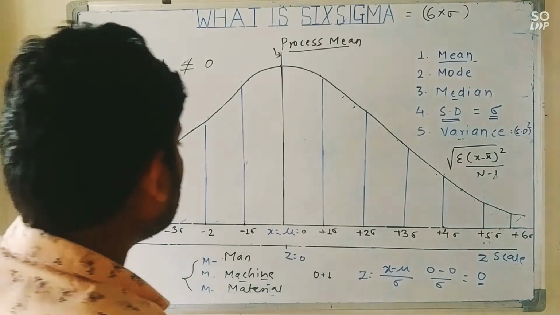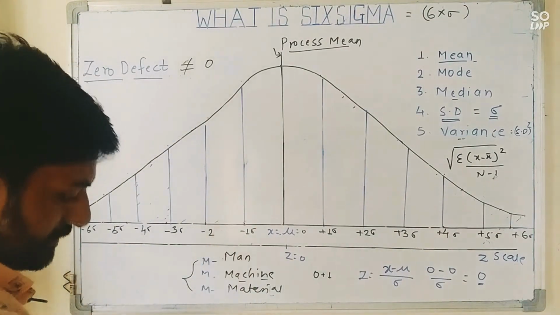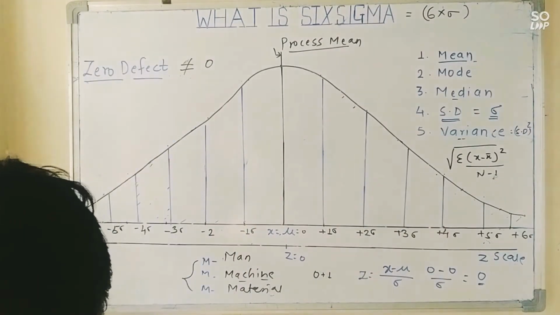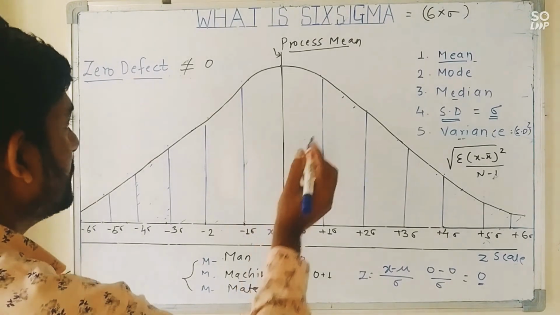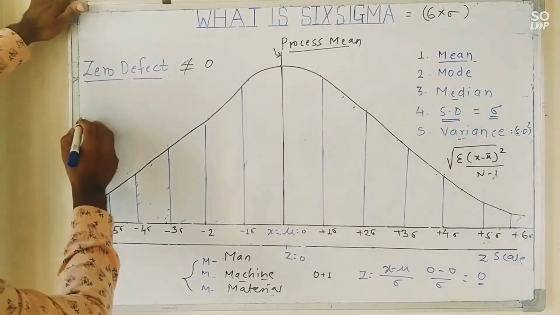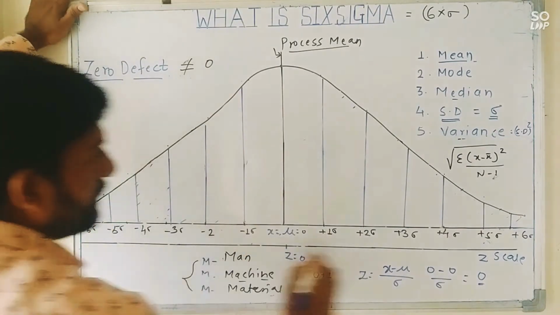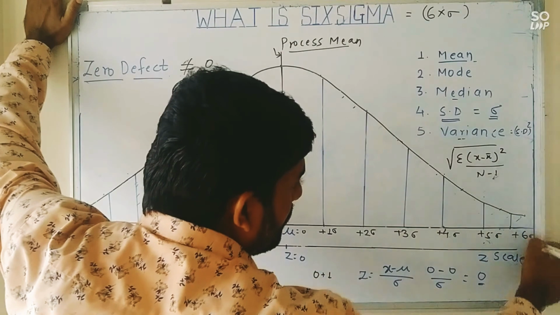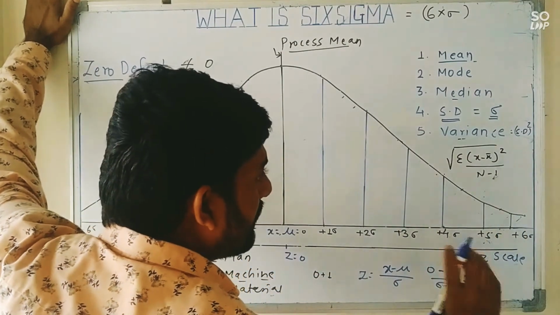Now here you can see the graph is following the normal distribution. So this is the process mean, and if we have considered 6 sigma level, then it will